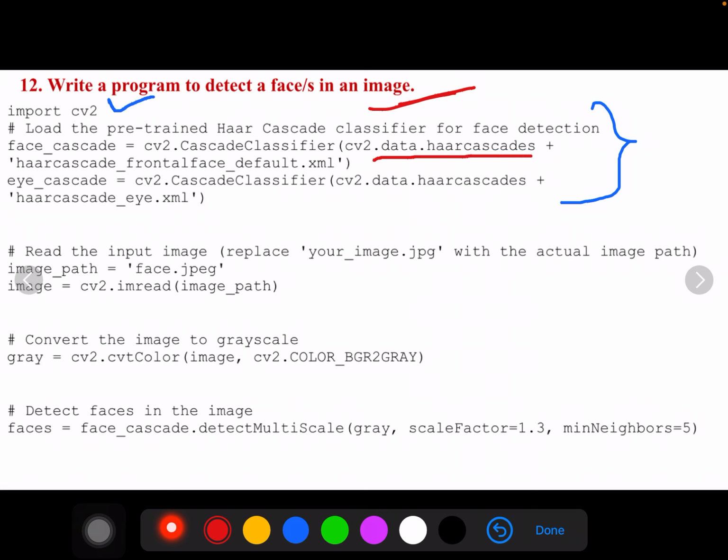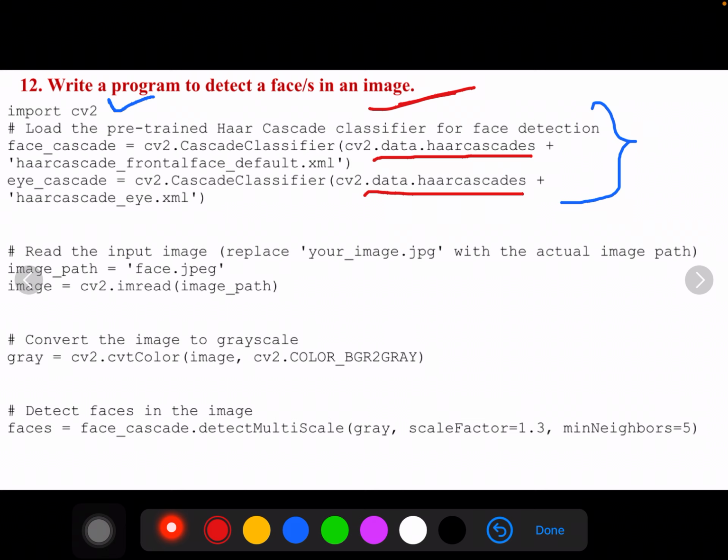This is going to point to the directory where your XML files are located. After fetching the locations of both face and eyes with the help of these two pre-trained models, the next